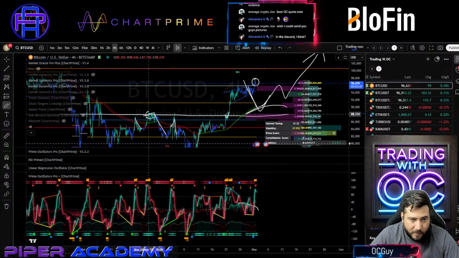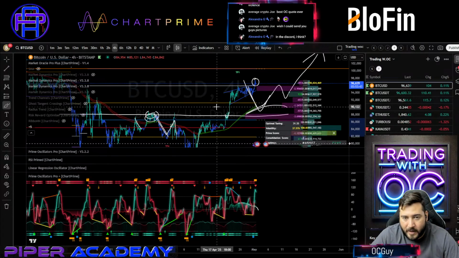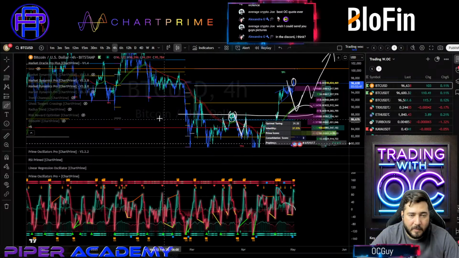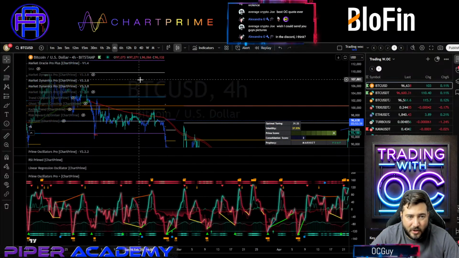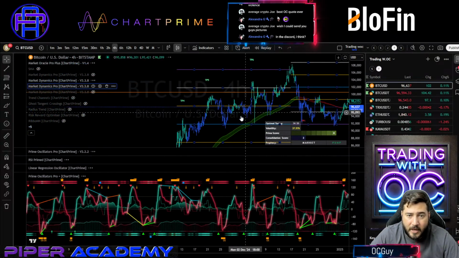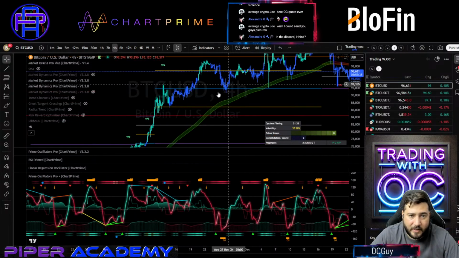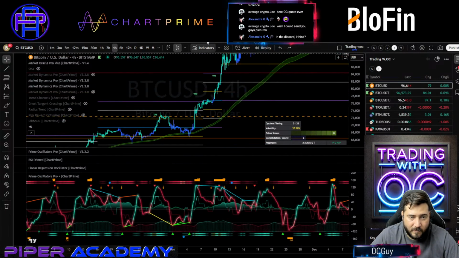So like this, for example, we have sort of the same break to the downside and then that little pullback to the upside, right? And we can be looking for those ranges, especially on the 4 hours Bitcoin. That usually plays out a lot. Let me see if I move something.